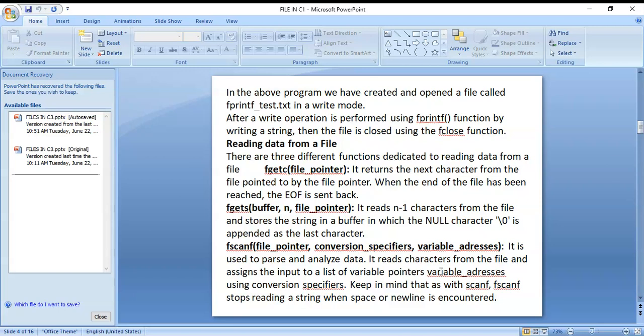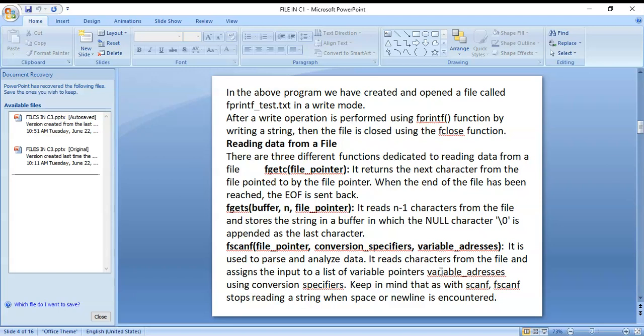Directly you can't open it. After the write operation is performed using the fprintf function by writing a string, the file is closed using the fclose function.